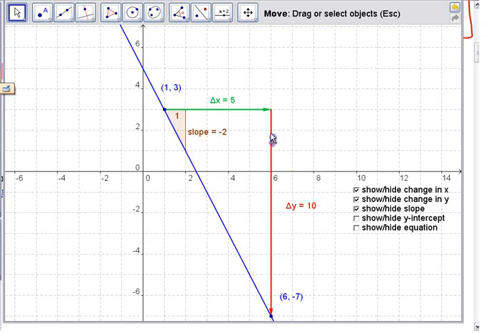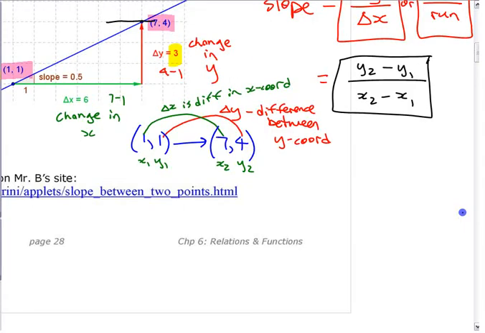What that means is for every 1 over, it's going 2 down. 1 over, 2 down, 1 over, 2 down. Every time here, you're going 2 down for every 1 over. The slope's negative when it's going down because you go over and you end up going down, not up. Okay? If you wanted to work out the slope of those 2 points, even if you don't have the picture,